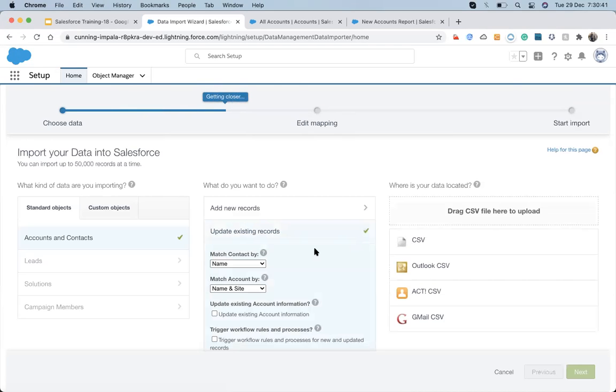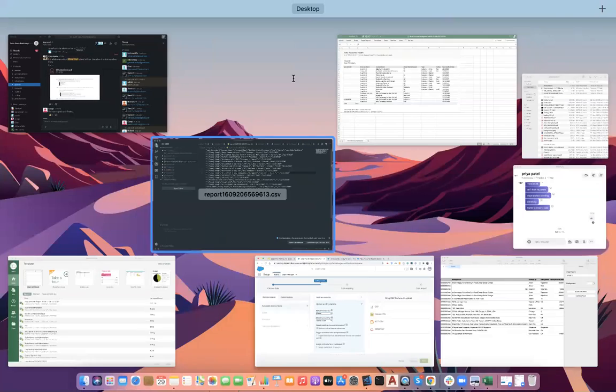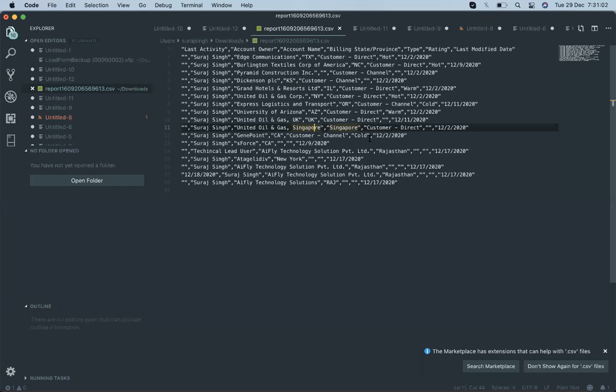And what is the format of my file? Whenever we are doing an update, we need to match the records with some criteria. Here it is asking for three options: Salesforce ID, name, or email. Since I am updating the records, I don't have an ID field, so I can use the account name for matching. Usually when we do an export, we have an ID field, but since we don't have one here, what I will do is